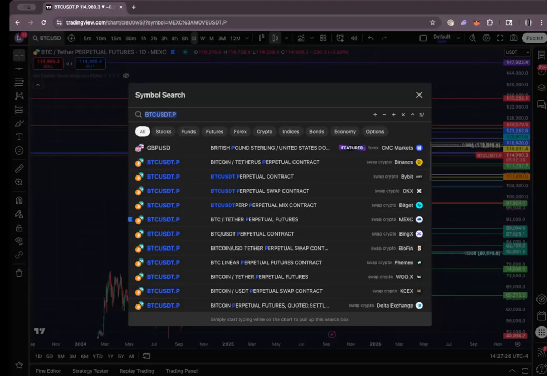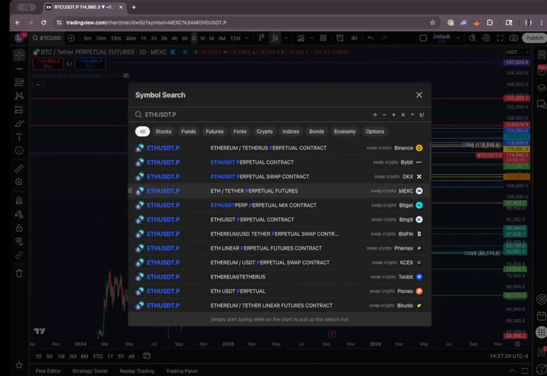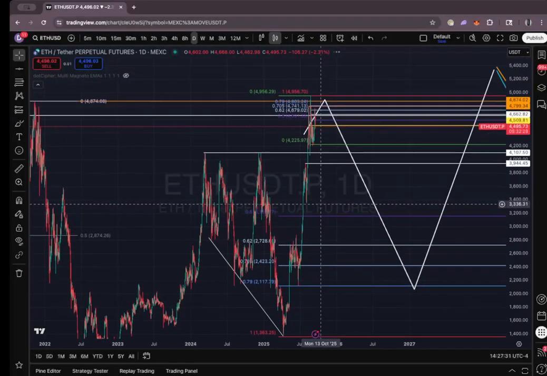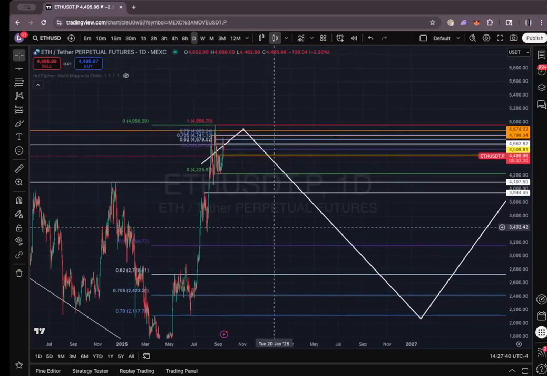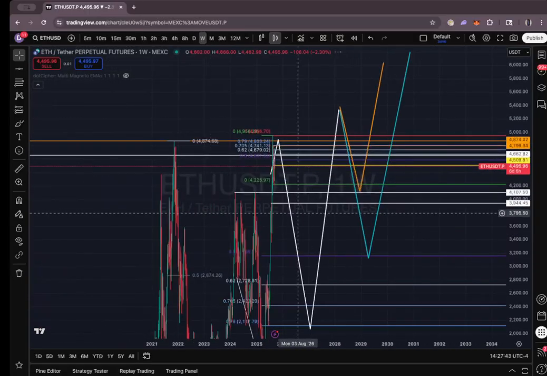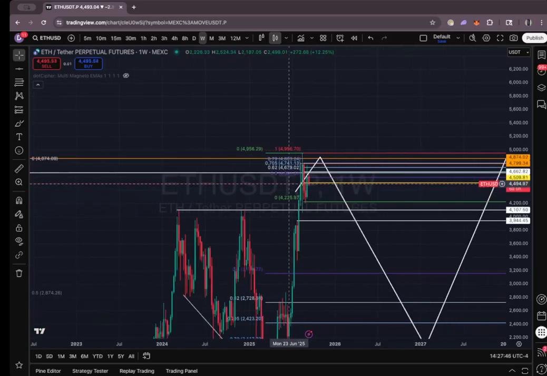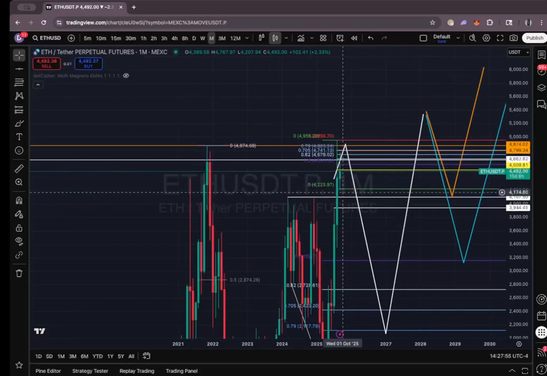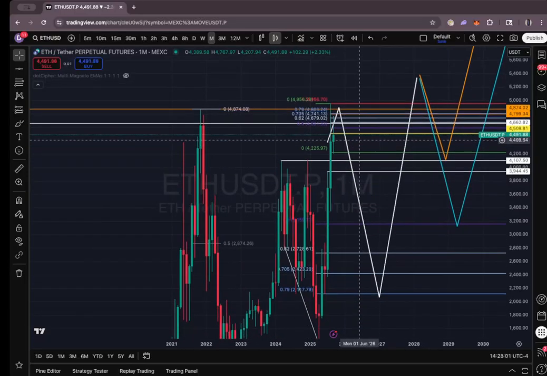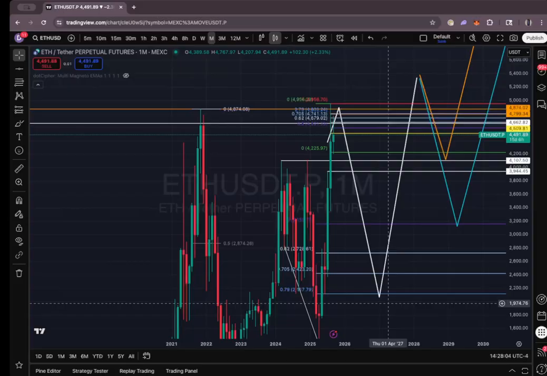What else we got? I'll do Ethereum. Honestly, I haven't been able to do Ethereum pretty well recently. I do have the highs taken here, and we did actually clear it. I'm skeptical about Ethereum, very skeptical, because the weekly is still bullish. We could be bouncing on this order block right now, but the monthly and everything above that is actually starting to flip bearish because we have a monthly open here. So even if we close right where we are now this month, then I would actually expect Ethereum to go back down to 2K by next year.